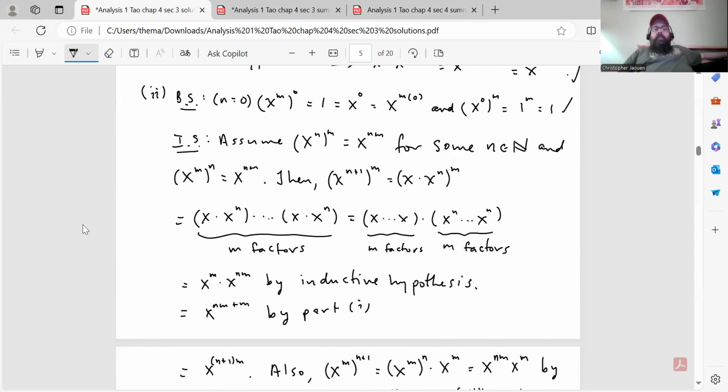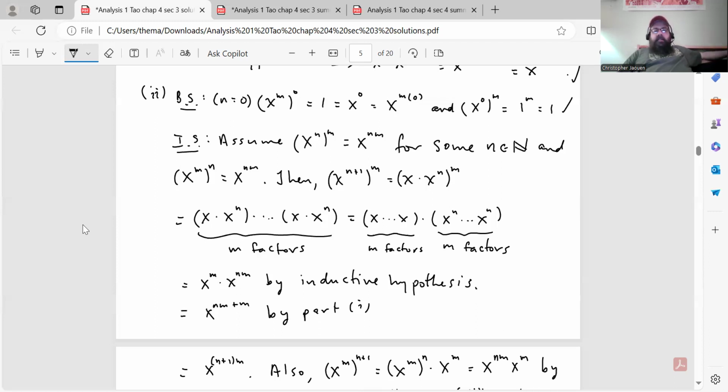Right? Inductive step, assume x to the n to the m is x to the nm for some n in the naturals. Then x to the n plus 1 to the m is equal to x times x to the n to the m. That's equal to x times x to the n, dot, dot, dot, all the way down to the last factor of x times x to the n. There's m of those factors. And then just using associativity and commutativity of multiplication, that's the same thing as